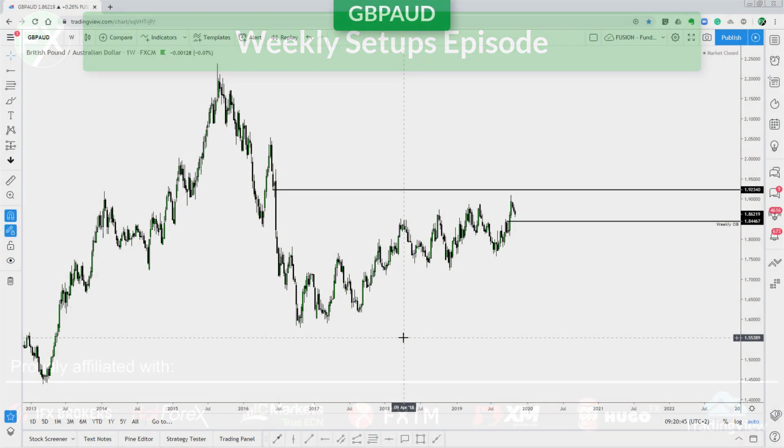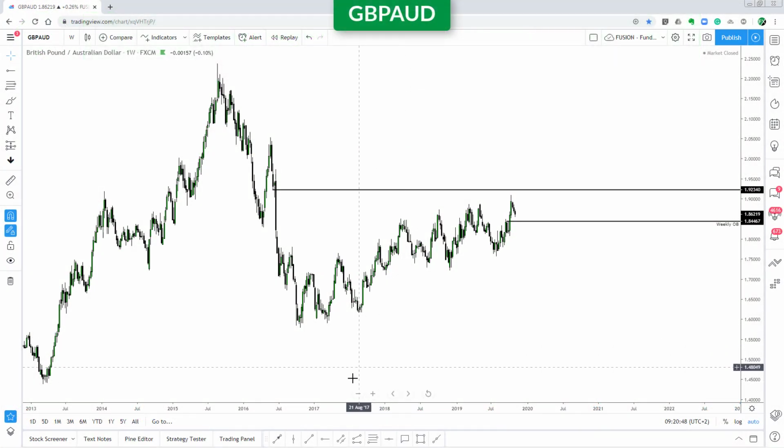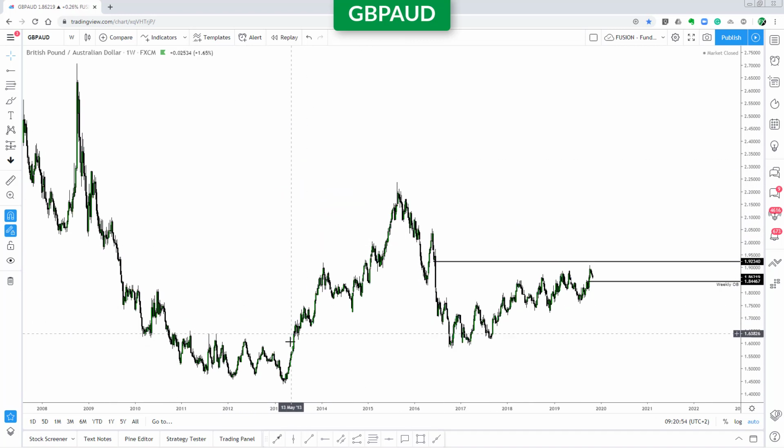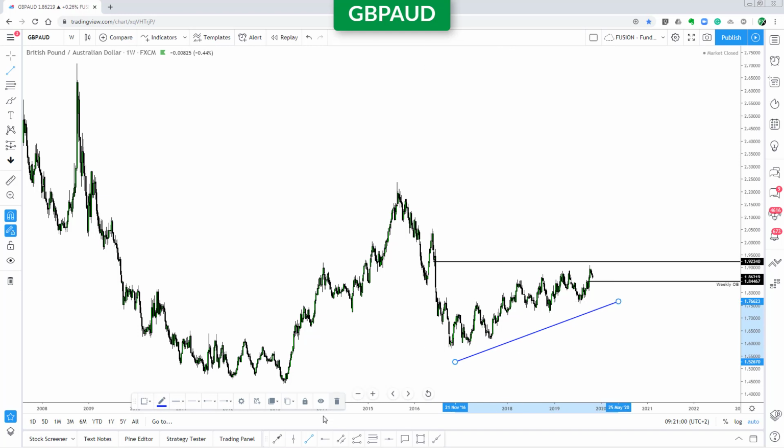Alright, the first chart I want to discuss is pound Aussie dollar, and we're on the weekly chart. If I zoom out a little bit, we've had this big impulsive move up. We had the drop, and now we're busy with what seems to be quite a complex correction. Now, I believe that once this correction finishes, we're actually going to have some